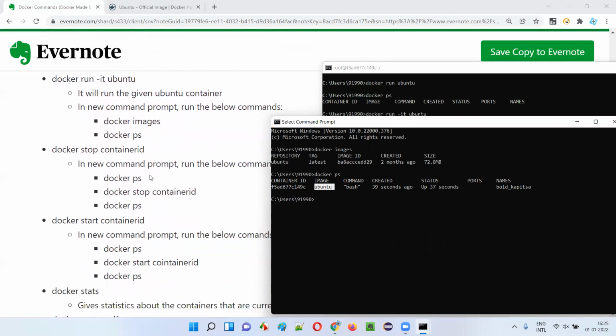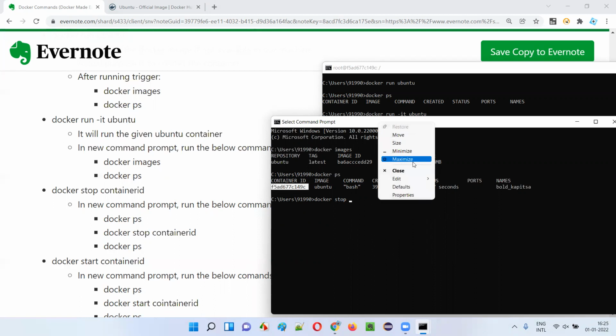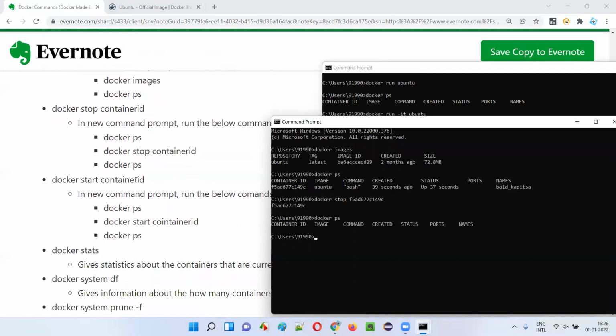Now the thing is that I want to stop it from running. I want this Docker container to stop. It's currently running, so I want to stop it. For that, guys, there is a command: docker stop, and you have to give the id of the container. Select this container id which is currently running, use docker stop and give the id, and it will stop the container. So here if I say docker ps, you see no container is running here, right? Earlier it was running, I stopped it. Then I will start the container again, guys.